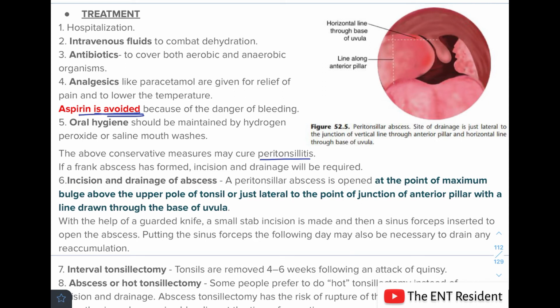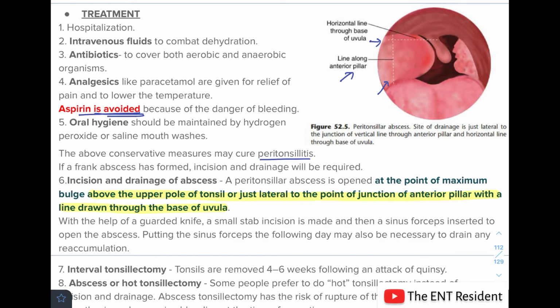So, where will you give the incision? An incision will be given at the point of maximum bulge above the upper pole of the tonsil or just lateral to the point of junction of the anterior pillar with a line drawn through the base of the uvula. You can see in the picture over here, the first line is the line along the anterior pillar, and this is the line drawn along the base of the uvula. The junction of these two lines is where you will be giving an incision. With the help of a guarded knife, a small stab incision is made and you open up the abscess and